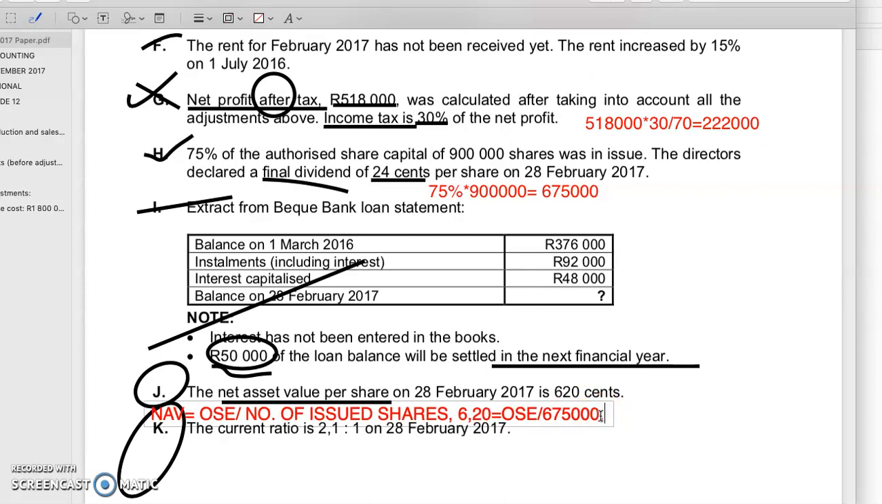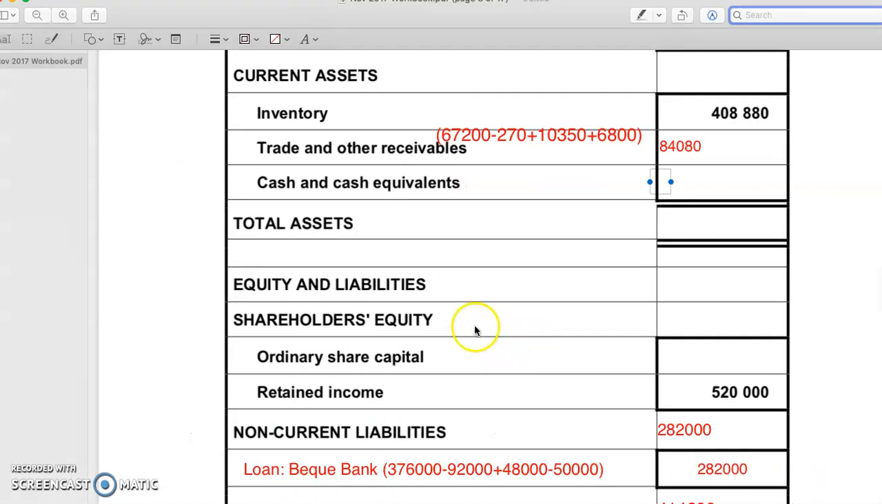We're going to move this around. This is division, so now it becomes multiplication. 6 Rand 20 times 675,000. This will give us our shareholders' equity. Easy, right? And then we can use it to balance everything. So once again, our shareholders' equity was calculated by saying 675,000 times 6 Rand 20. And then you should get a shareholders' amount of